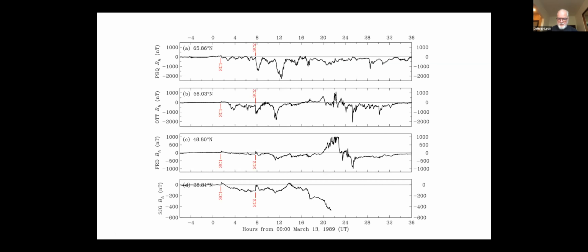Even though it's not my fault, I want to apologize for the quality of the data from those 2 stations. Can't do anything about it. In March 1989, I was still a graduate student. I don't know exactly what was going on at the USGS and why those data were defective. We see in particular the Fredericksburg data at an unfortunate period of time during the main phase development of the storm. The data actually are clipped at the top. We can't do anything about it, but we remain mindful of that.